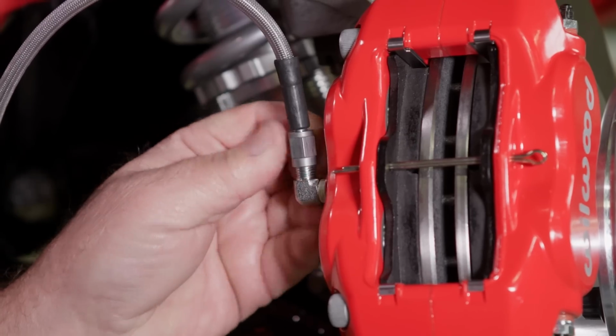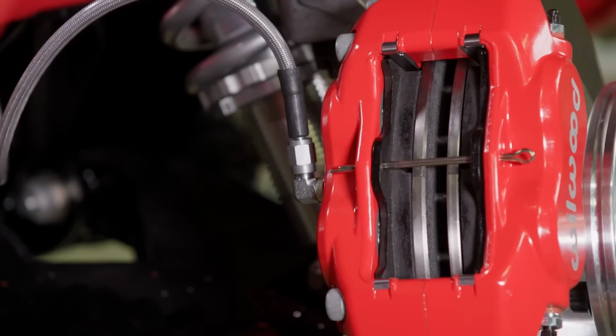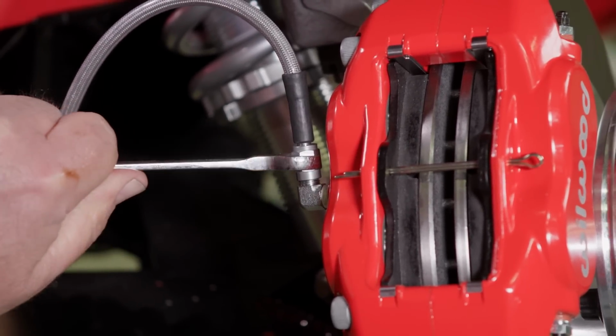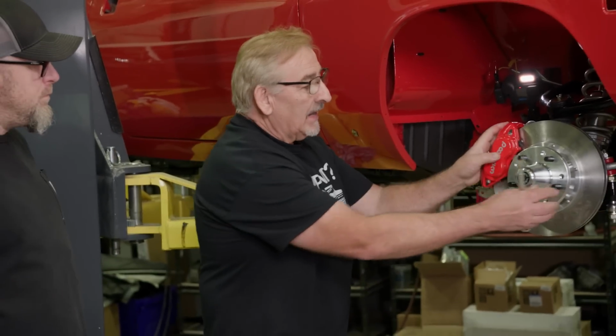It's actually an AN fitting there. You got your wrench handy there? Should be that one. All right, we tighten that bad boy down right there. Make sure we got it right. Beautiful. That's tight. And now we have